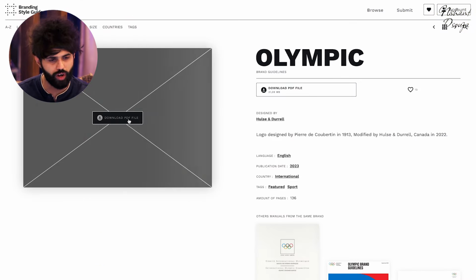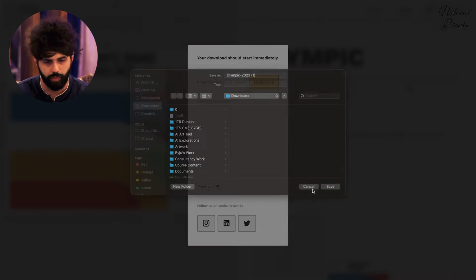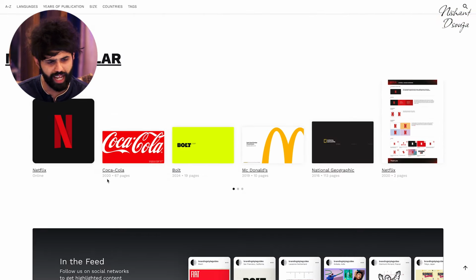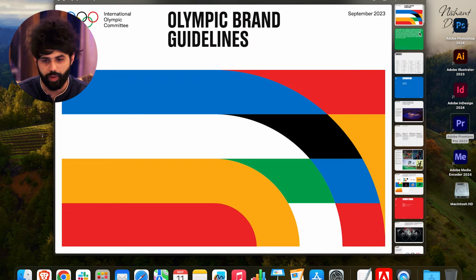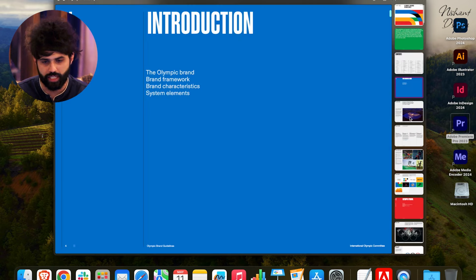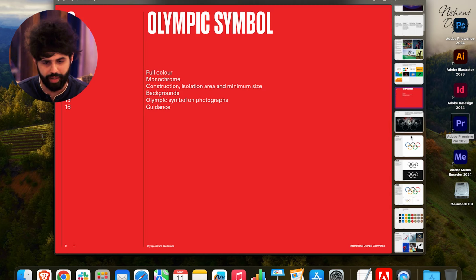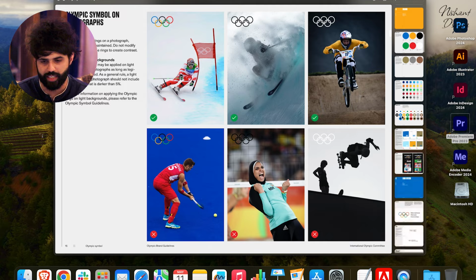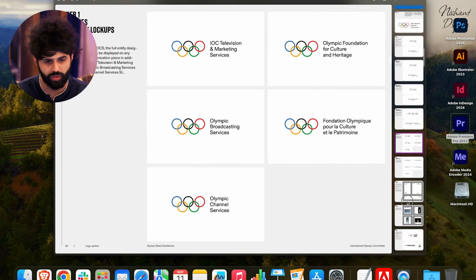So it's very easy. All you need to do is download the PDF file and you should have it with you. And as you can see, there's a whole variety of established brands, right? From Netflix to Nat Geo. And once you get access to it, very quickly, you can just have a look. As you can see, as authentic as it is, what exactly the framework for Olympics is, what does the symbol represent, how is it used, etc. A conventional branding style book, so to say.